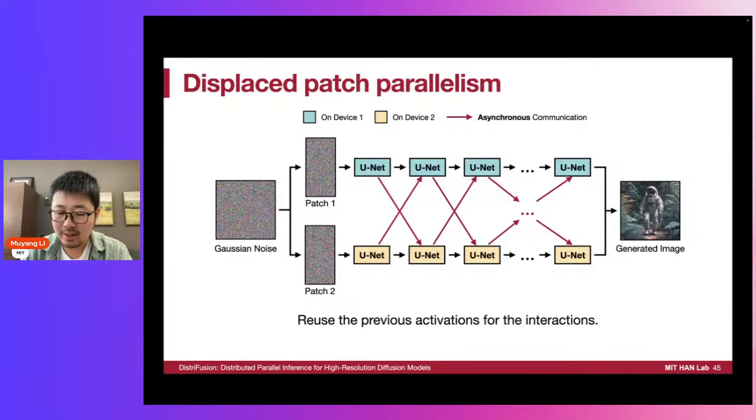In this way, the communication can be overlapped by the computation, and the overhead can be hidden. And we further implement such a system with asynchronous communication called DistriFusion.